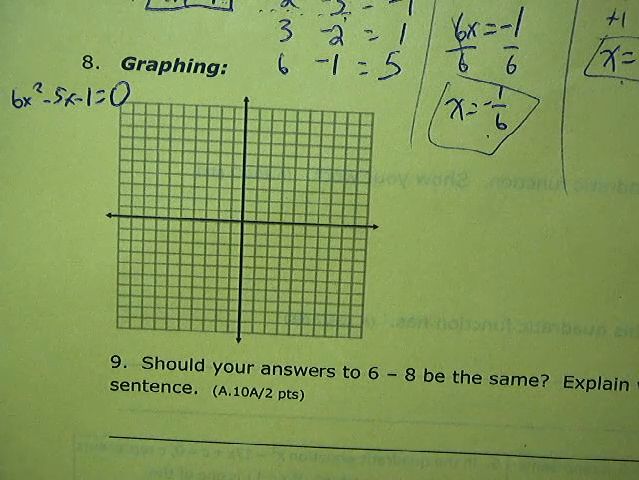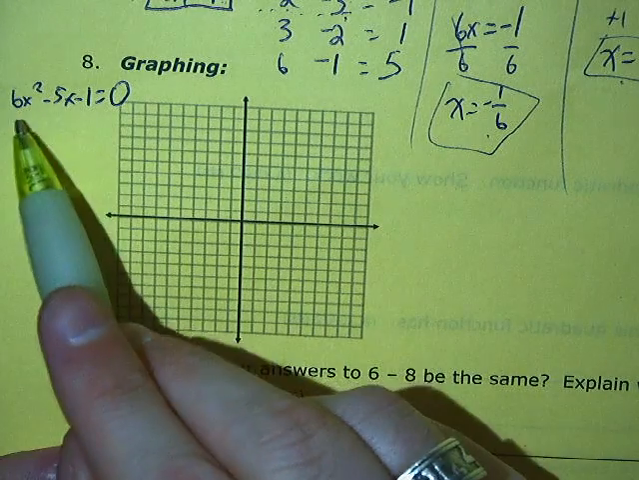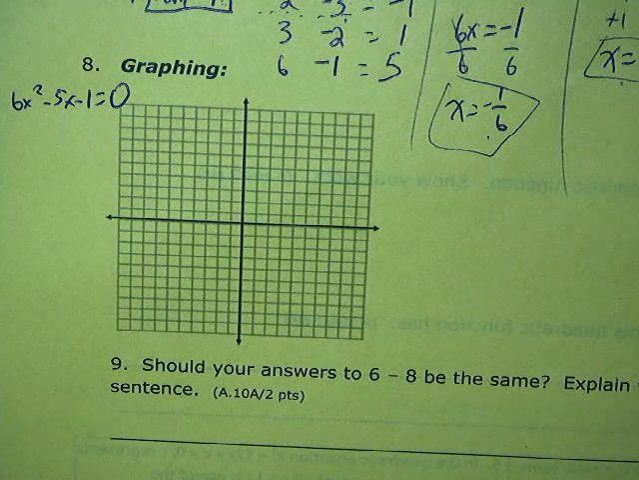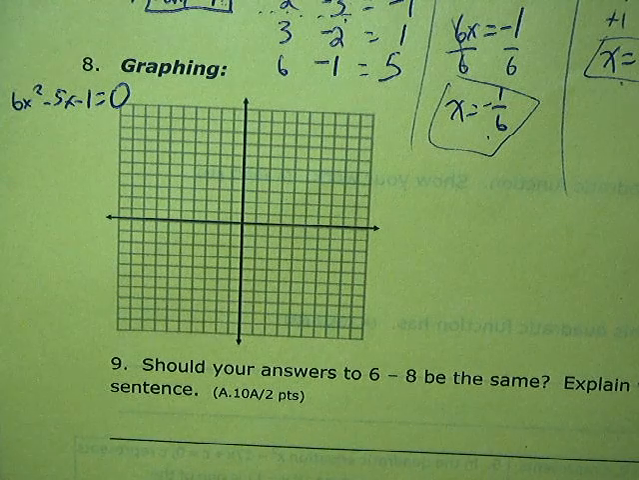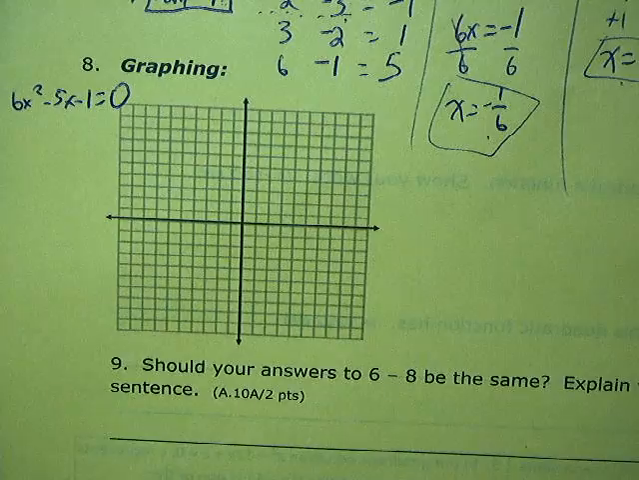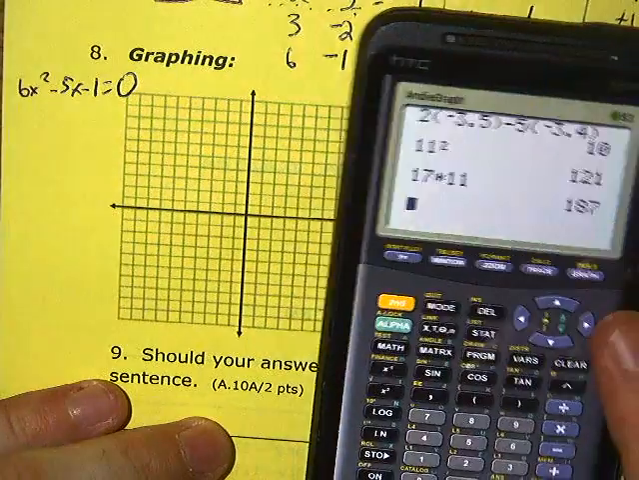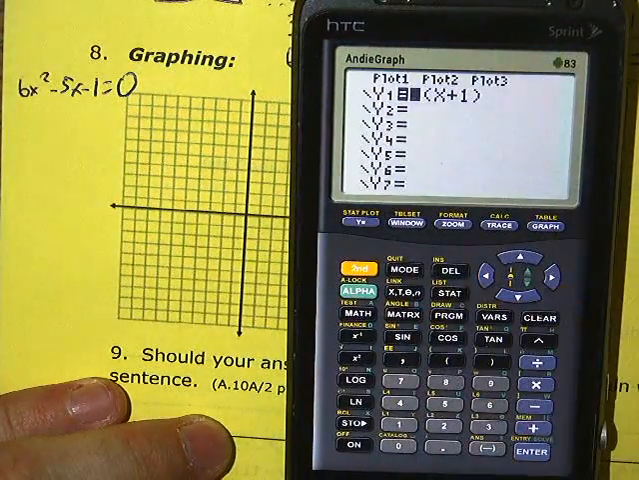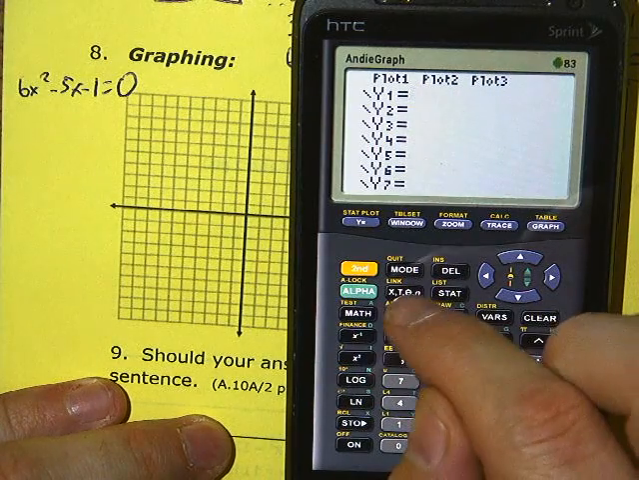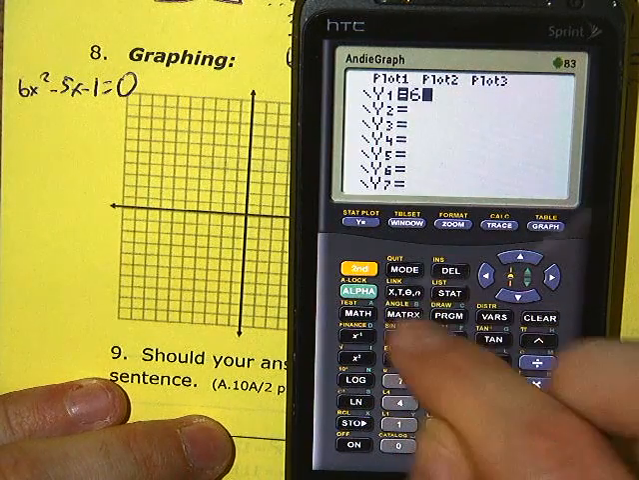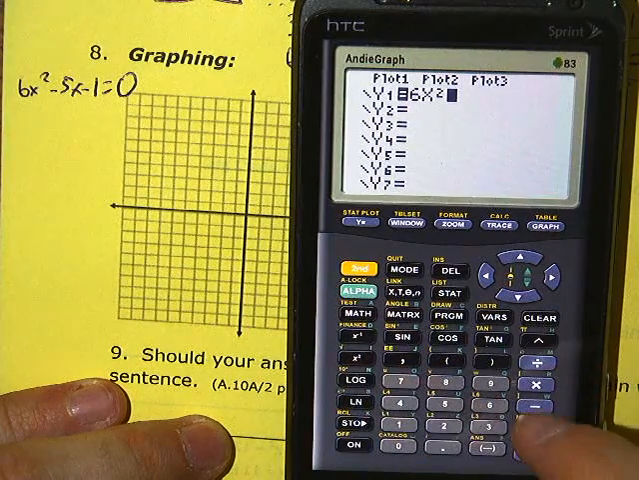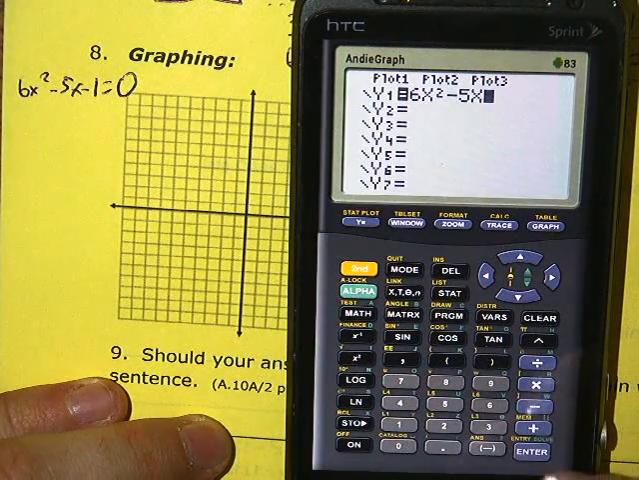Okay, coming up on number 8. Just like before, number 7, I've copied down my equation. Now, we've got to graph this thing and see what we can get from the answers. Let's go ahead and go to the calculator and go with y equals 6x squared minus 5x